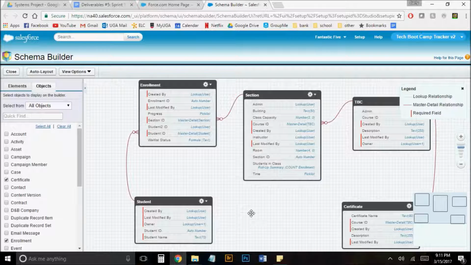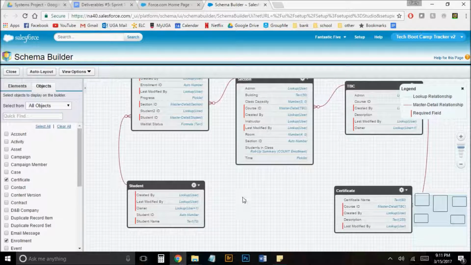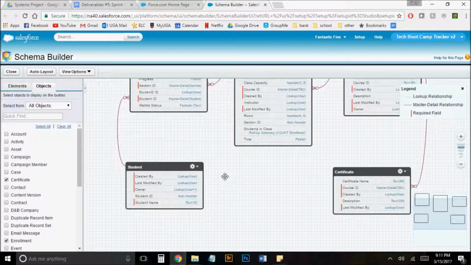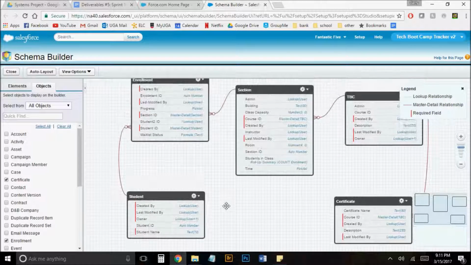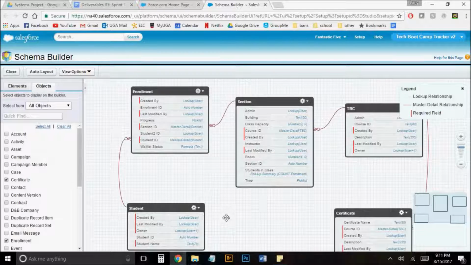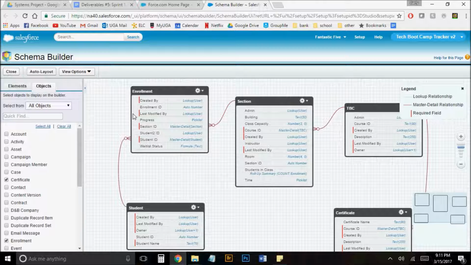Alright, so to start this off, I'm going to show you how we put together our schema. As you can see over here, we have student and all of its attributes. A student can have many enrollments, but each enrollment is only connected to one student. And enrollment is the state of how they're listed in a section. So a student can be on the wait list, enrolled in the class, or they can just